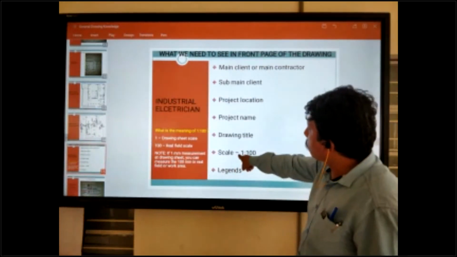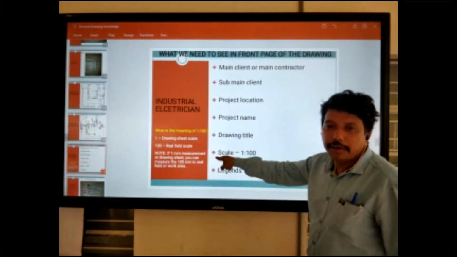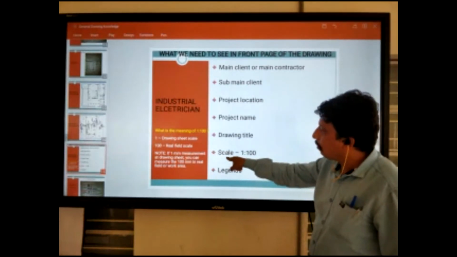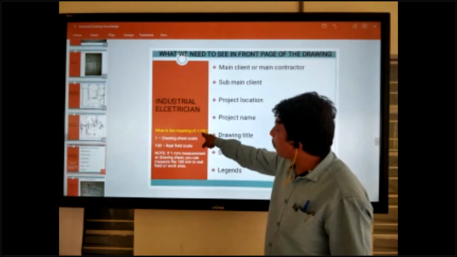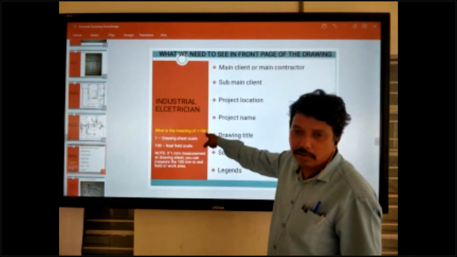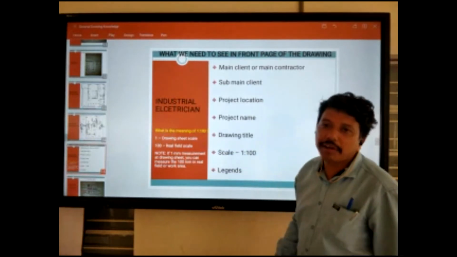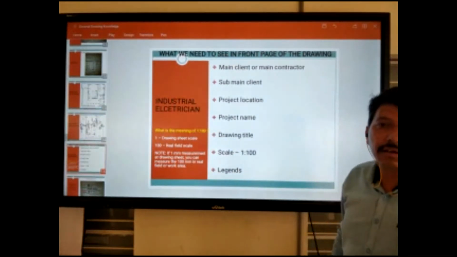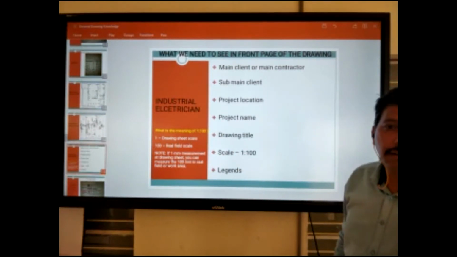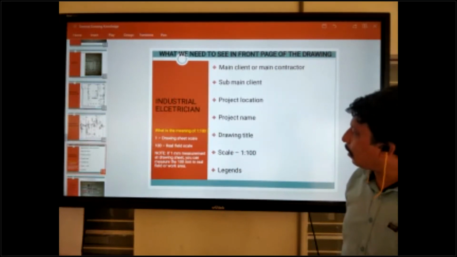So be clear, scale is most important in a drawing. What measurement is equal to 1:100? This is important. In interviews, many people ask this question about drawings.